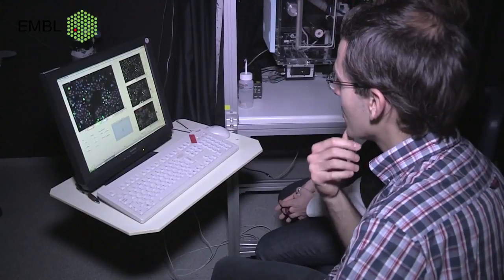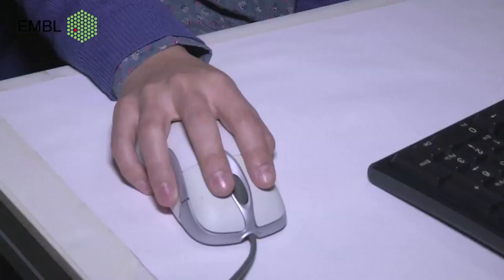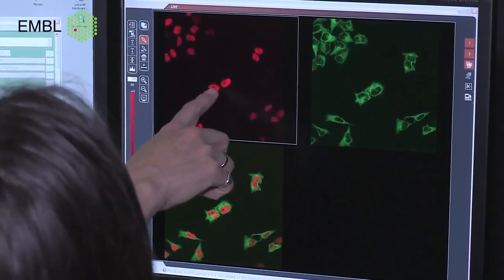The core facilities at EMBL support users in technologies in the fields of genomics, proteomics, protein production, chemical biology, flow cytometry, but also light and electron microscopy. Typically, the core facilities work in a manner that the scientists come up with a problem, and the facility staff helps them in achieving their goals and tries to develop sometimes even new methodology or applications based on the